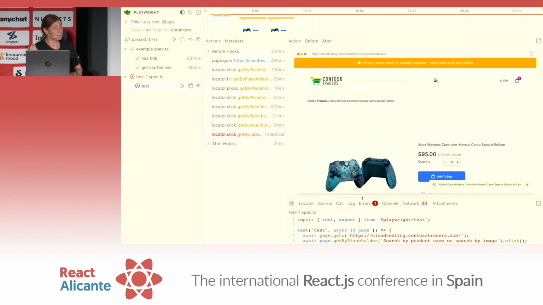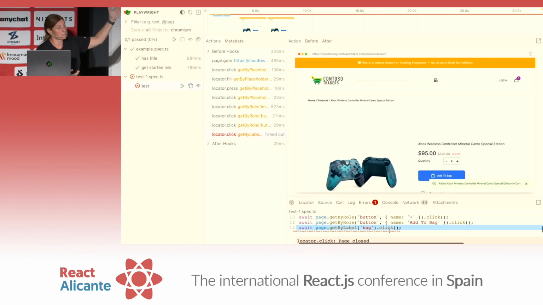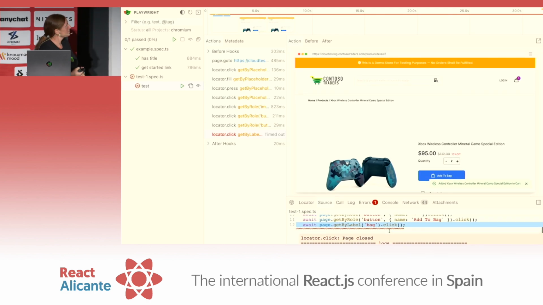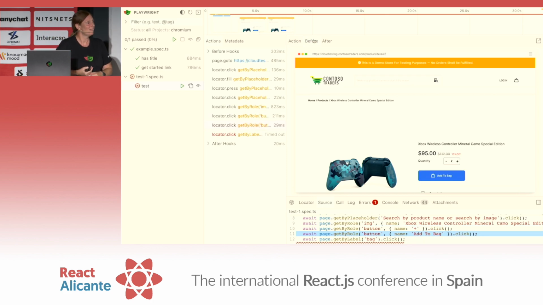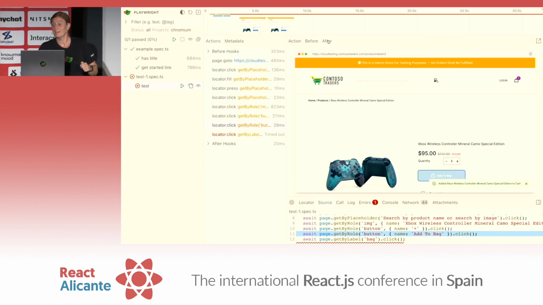I'm looking at this website, and there is a bag up there on the right-hand side. So it's very obvious that there is a bag with a 1. Something is in the bag, but Playwright cannot click that bag. Any ideas why this isn't working? Because what? There's no label? Maybe there's no label, but yeah, it could be a different label.